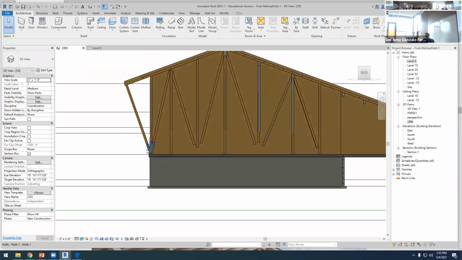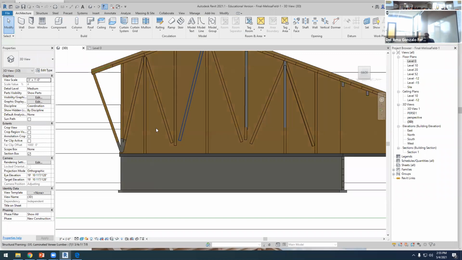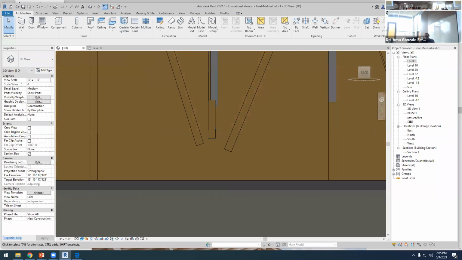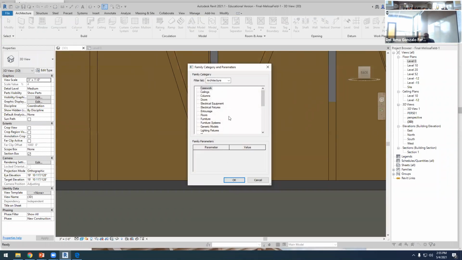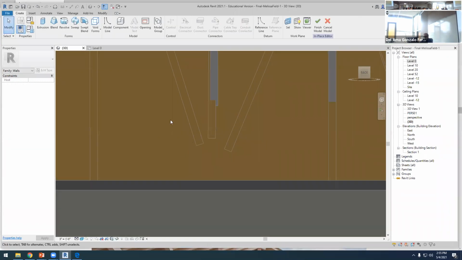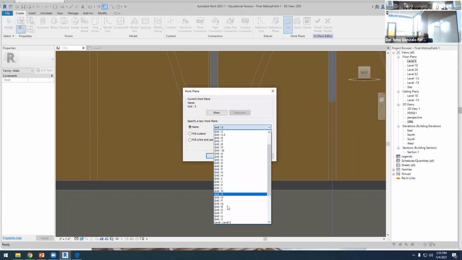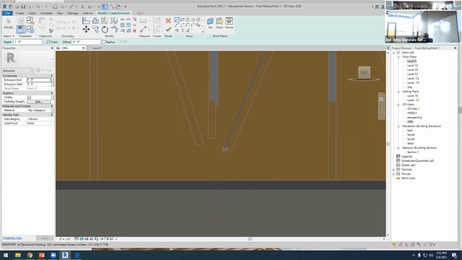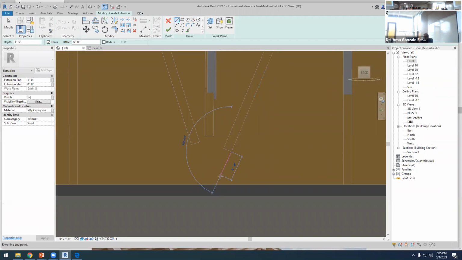And now I can create this element here. It's not going to be the same because the distances, the spans are different, but I can use the component, model in place. Let me use a wall. And now what is that grid? I think it's grid J, if I remember well. Yep. And now we have to use extrusion, and we only have to create a shape that